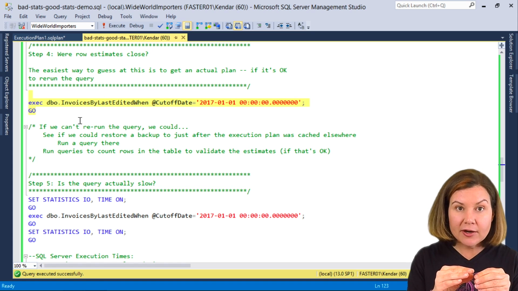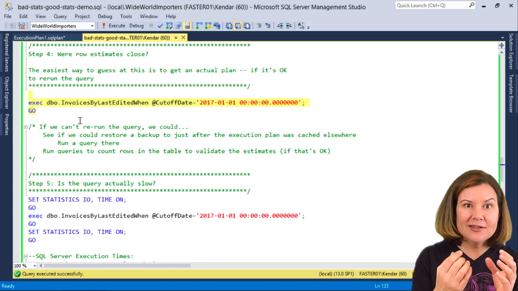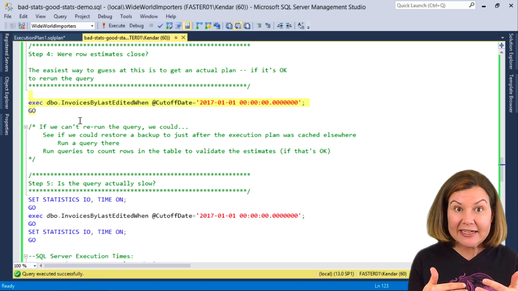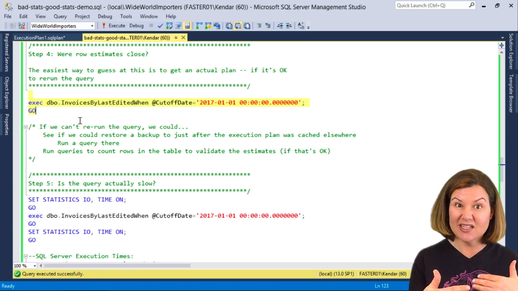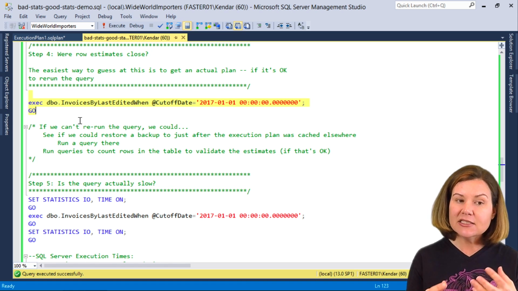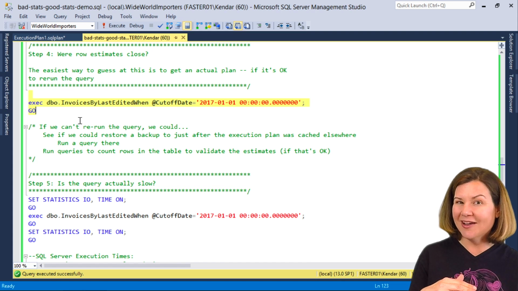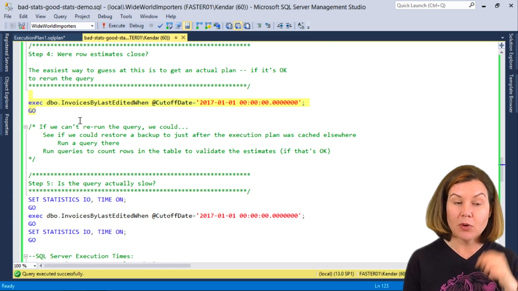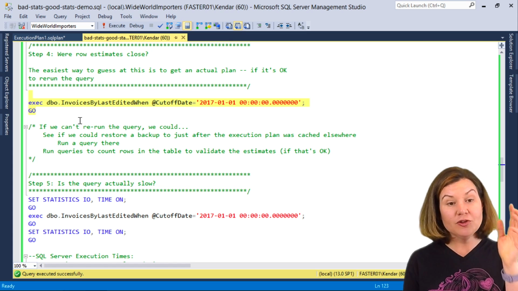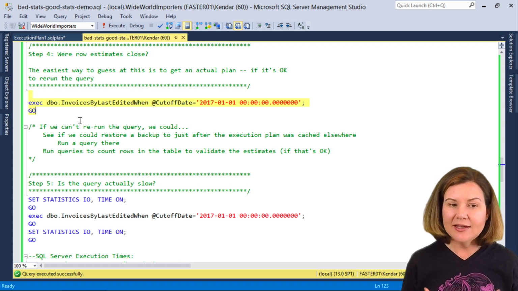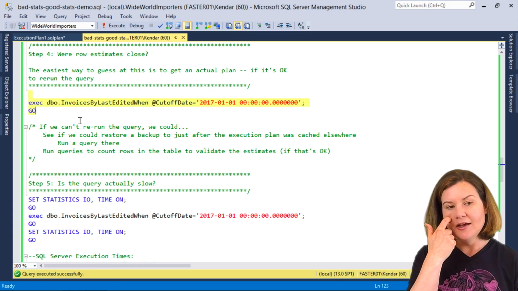write a custom query, a simple query to count the rows in this table after this modification date. I'm going to have to be really careful, if this is a very performance sensitive environment, that the query doesn't cause a problem, right? So I need to have some way to figure out how far off the estimate was, but I've got to be really careful, and the rules and processes vary. For the sake of simplicity, this is a procedure that only runs a select, and let's say that it is safe to run in this environment